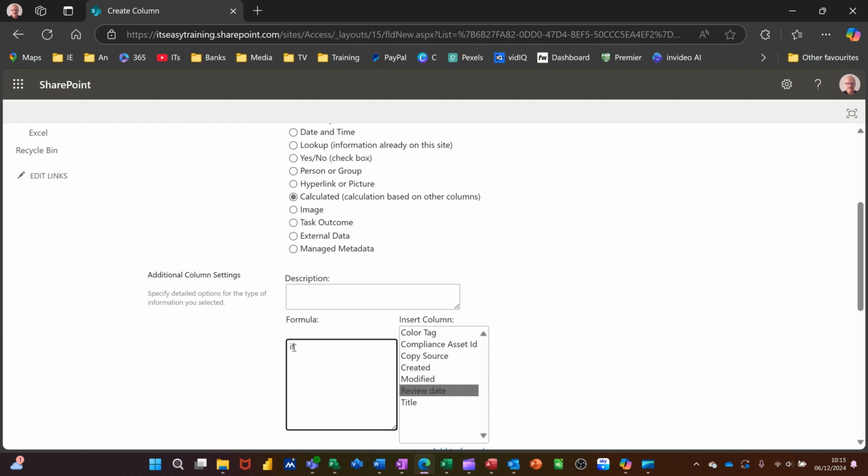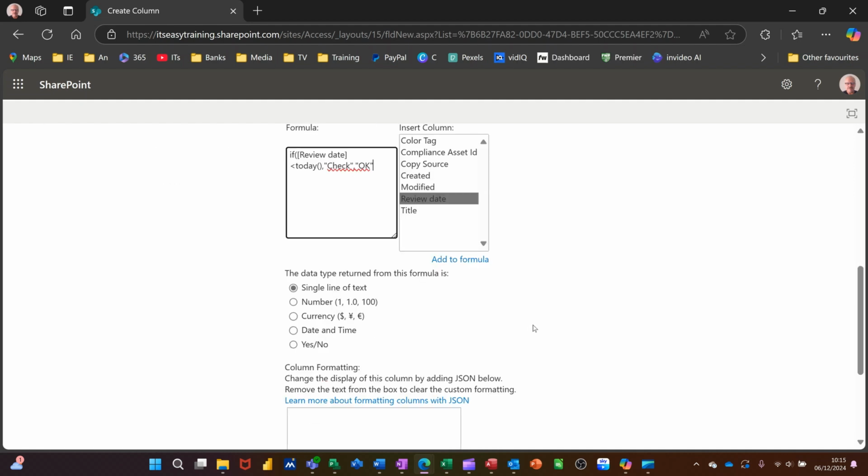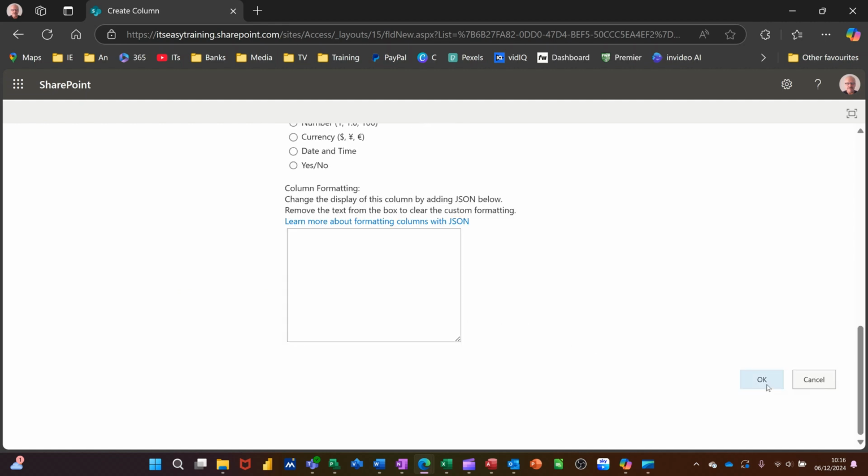So IF, open bracket, and then you can click on the fields. So I've got Review date there. I'll double click that. If the review date is less than today, so less than TODAY, you have to put an open and close bracket on there. That's a function for today, the computer clock. Comma, then in quotes, I want it to say Check, close quotes, comma. If it's not true, then it's going to be OK, but that's got to go in quotes as well. So that's the formula there, and then come down, make sure that's on that, and then save, click OK to that,